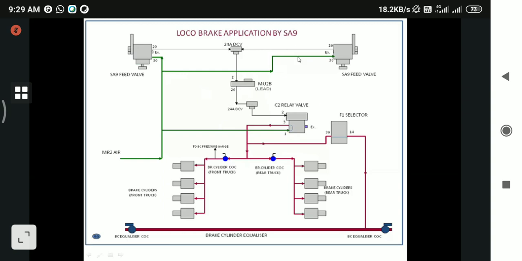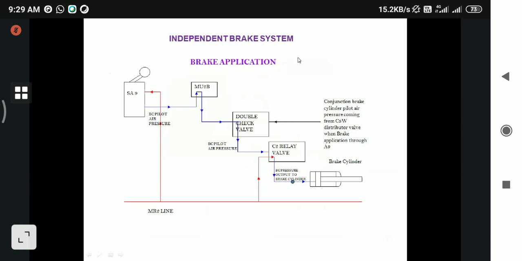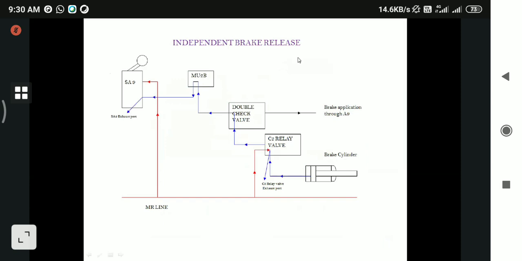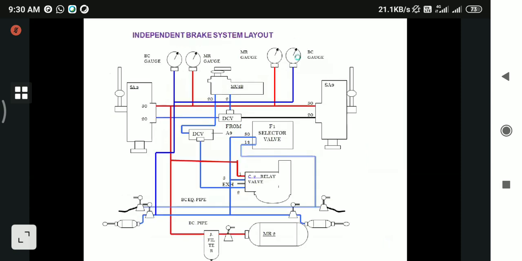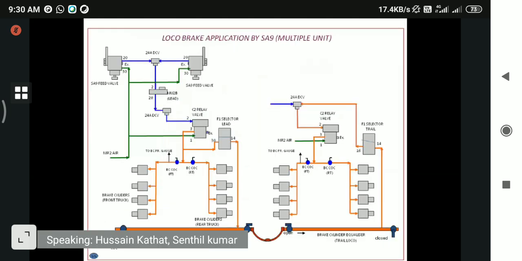If it is in the A9 system, that is the BP system, it is called an additional C2 relay valve. But both are the same only. So two C2 relay valves we are having in the panel. See here, this is the C2 relay valve.